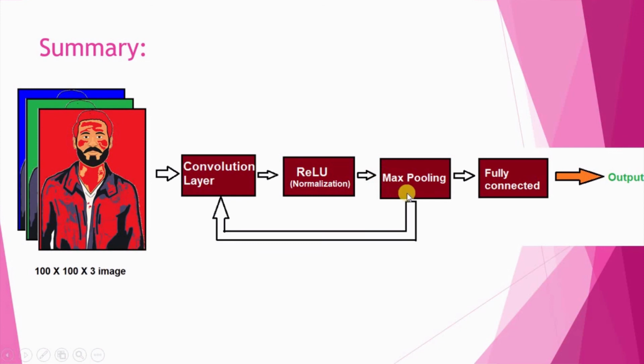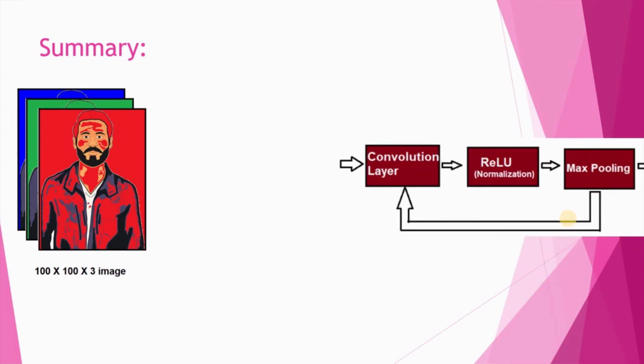We perform max pooling or mean pooling or average pooling. And then in the fully connected network, we flatten our pixel values, and then we feed these pixel values to our neural network. And we can do the convolution layer, ReLU normalization and max pooling several times. You can see here we can perform these 3 steps several times depending on the complexity of our matrix. And then finally we flatten our model, and it will give the output. And this convolutional neural network is a feed forward neural network, so it goes forward, not backward.